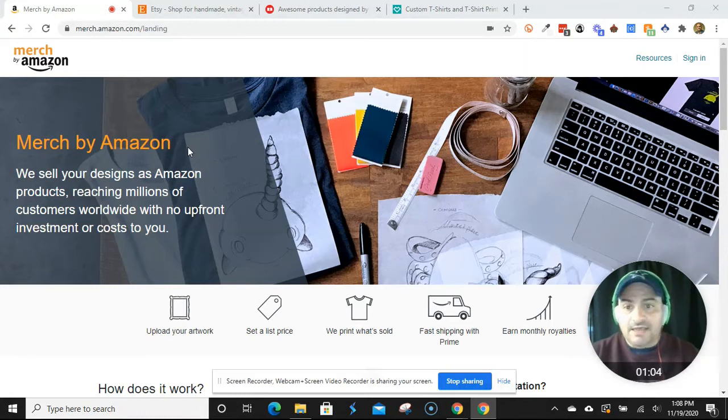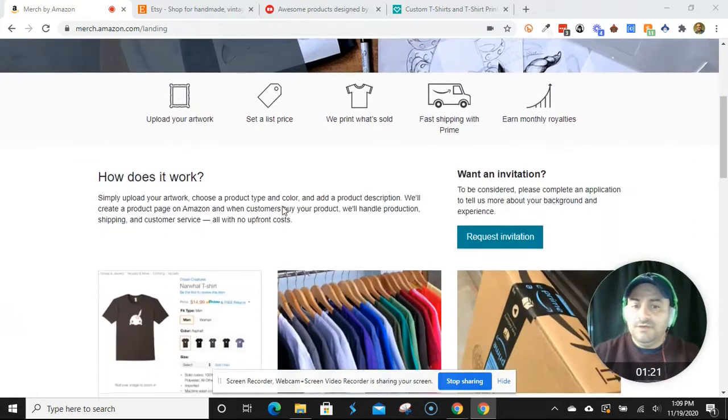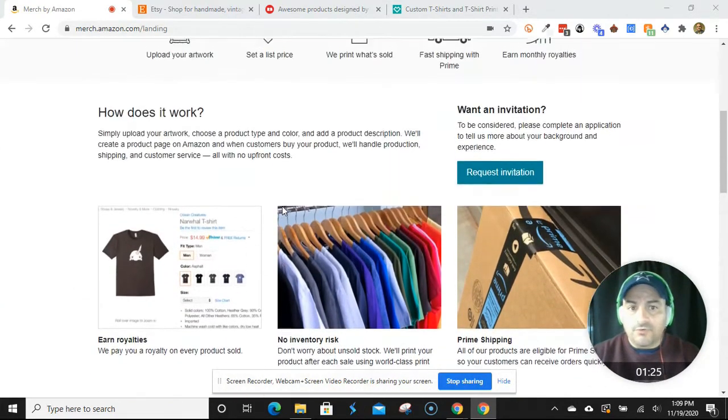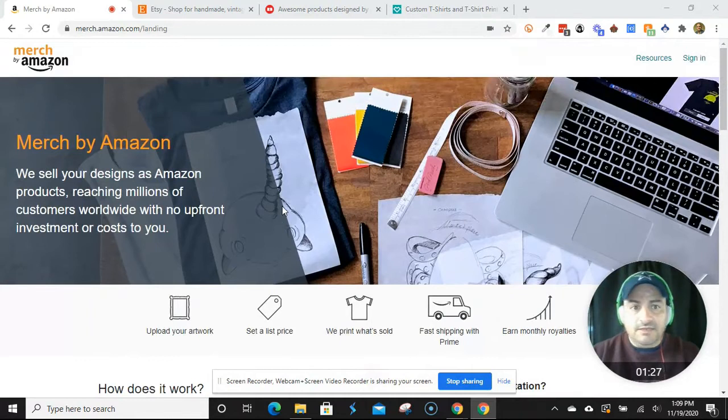You get a Prime tag on your merch products, and when a customer purchases, as you already know with print on demand, they will go ahead and ship out to the customer. You don't need to worry about that, and they take care of the customer service and any returns and all that good stuff. So it's a phenomenal platform. It only continues to grow more and more. And in the beginning, it is difficult. We'll go over that when we go over Merch by Amazon.